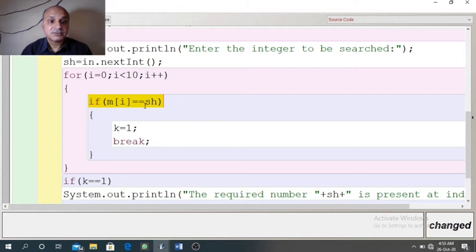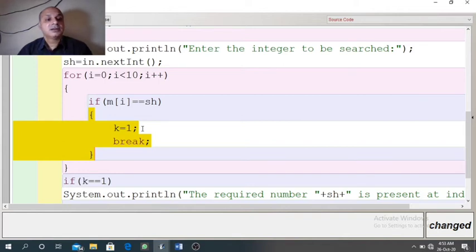Suppose it is matching first time itself, then the body of if will run. So it will make k equal to 1 and break is used such that we don't have to search again because we have got the element at that point. So break will take the control outside the body of the for loop.